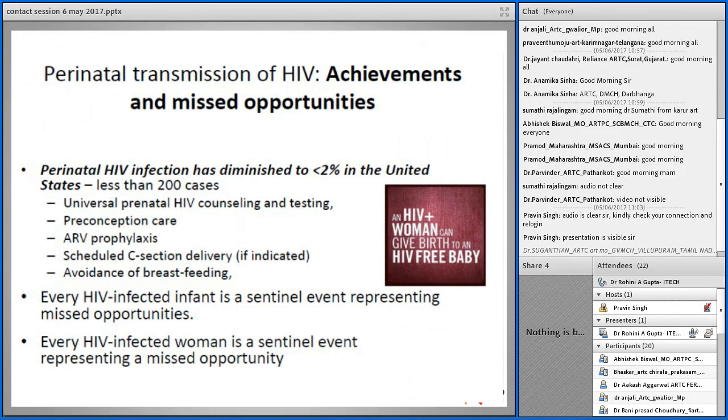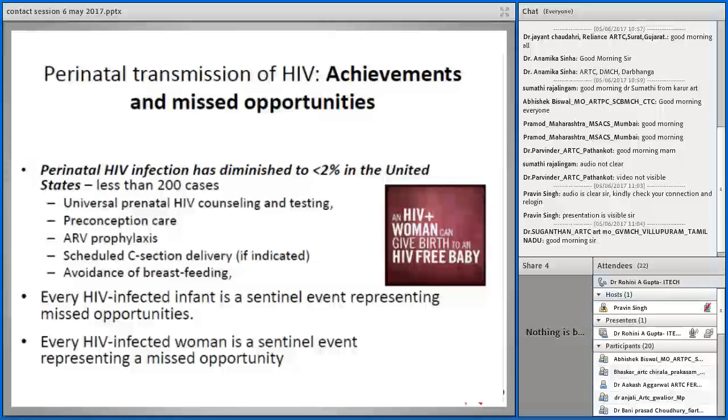Perinatal transmission of HIV: achievements and myths. The basic thing is that HIV positive women can give birth to a HIV-free baby, and in US, perinatal HIV infection has been reduced to less than 2%, less than 200 cases. And how was it achieved? It was achieved by universal prenatal HIV counseling and testing, preconception care, ARV prophylaxis, scheduled cesarean section deliveries if indicated,